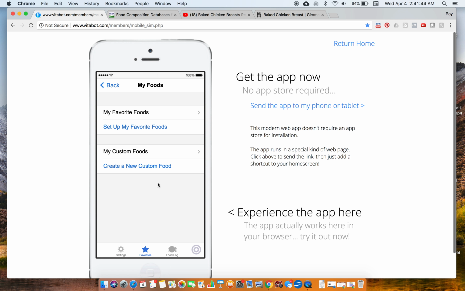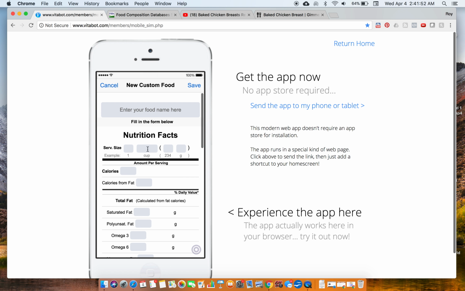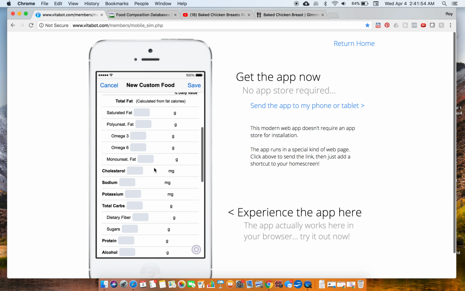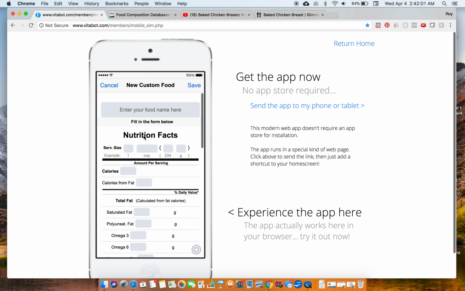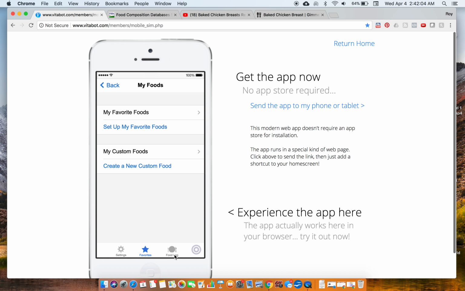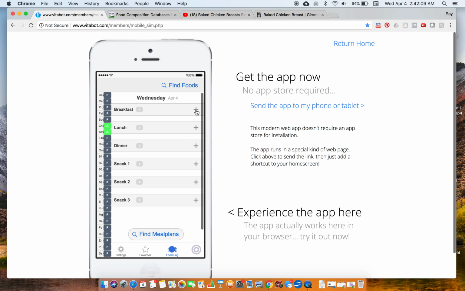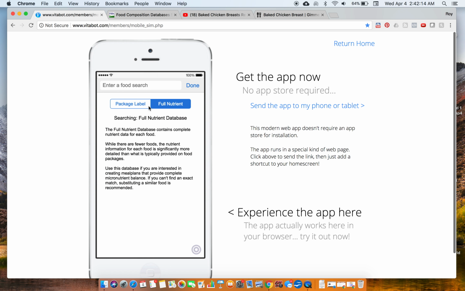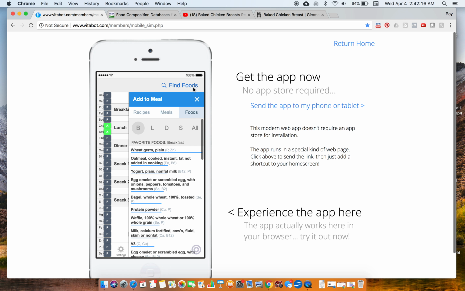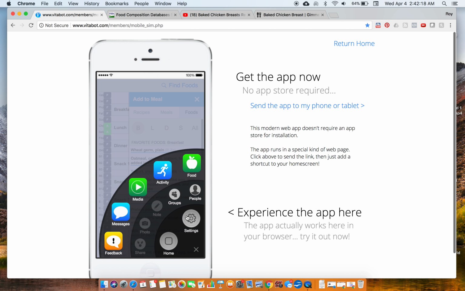That's already there too. Custom food, that's what it is. There are none. So for create a custom food, this is more geared towards, say, you're eating something, a packaged item, and it's not in, let me just go here to food log, and say you were adding a food and you were trying to find it and it's not here in the nutrient database or the package label. What you could do is you could come back here to food,